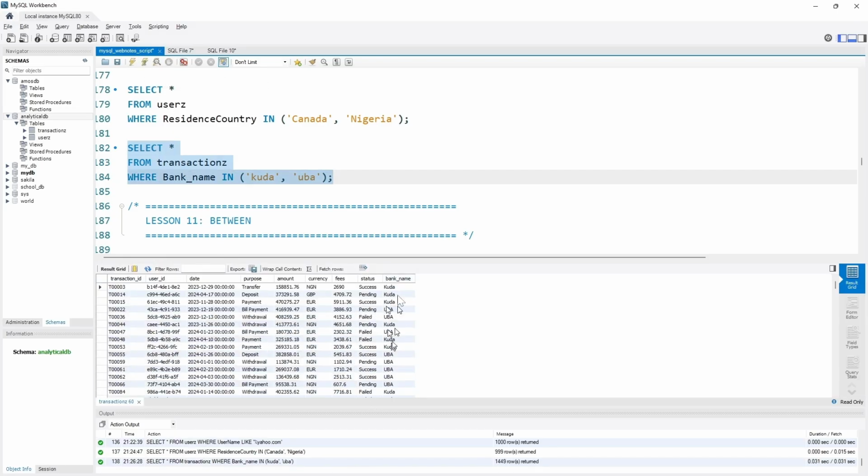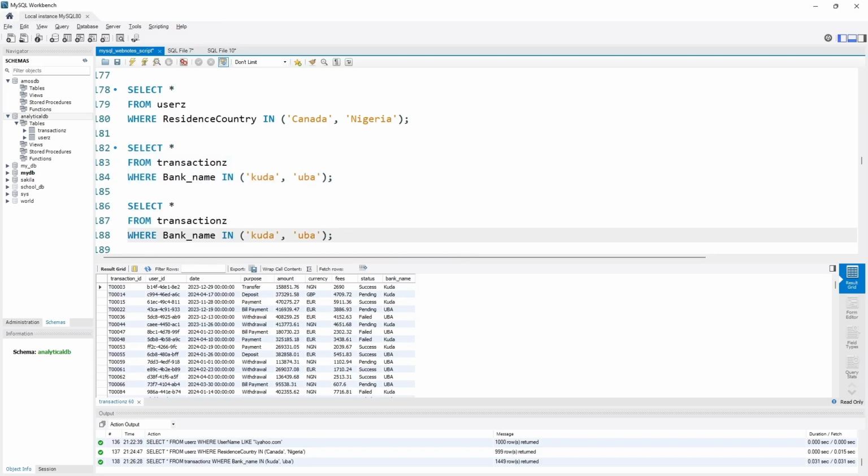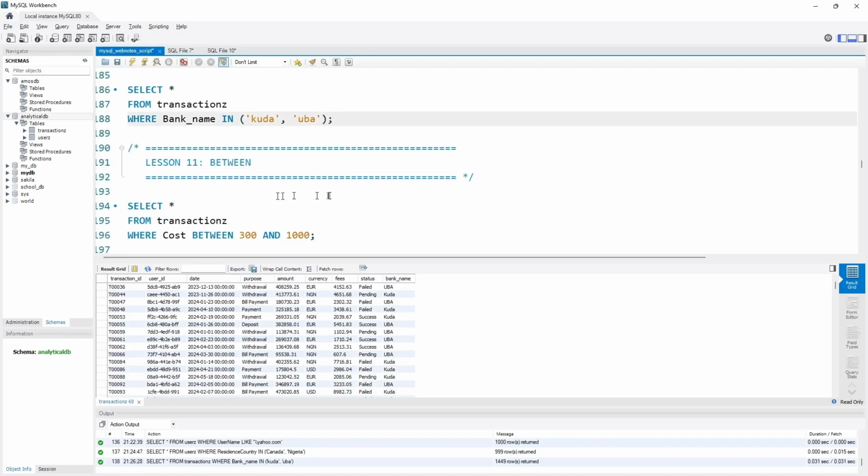So you can see it brings out all the transactions where the bank is either CUDA or UBA. If I copy this,